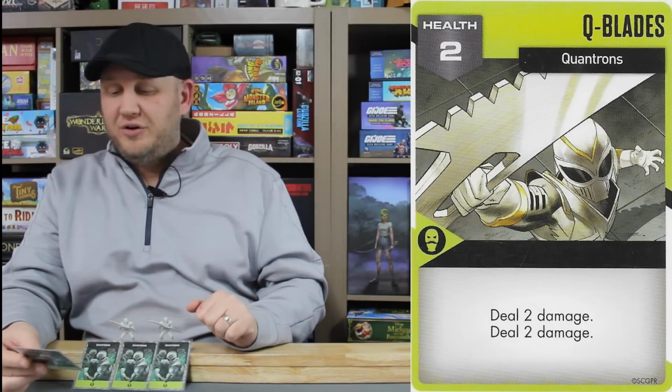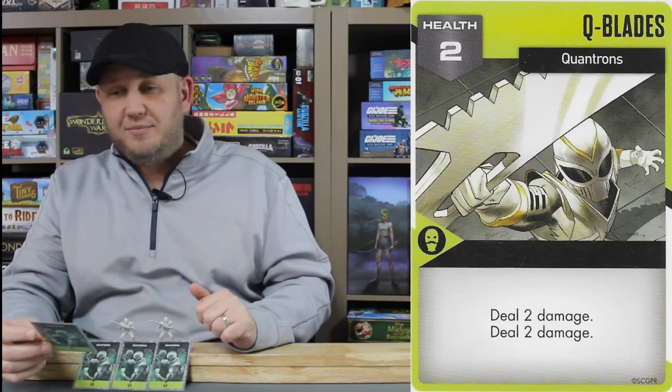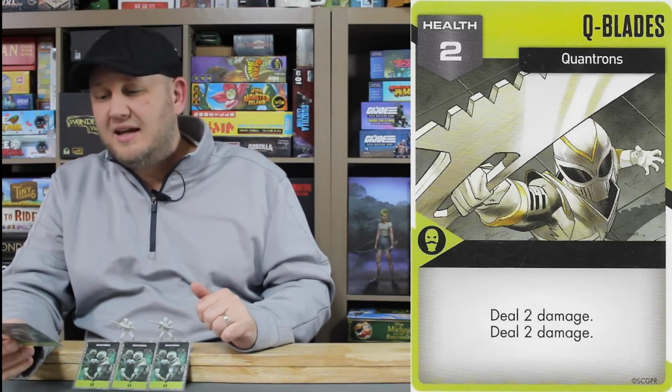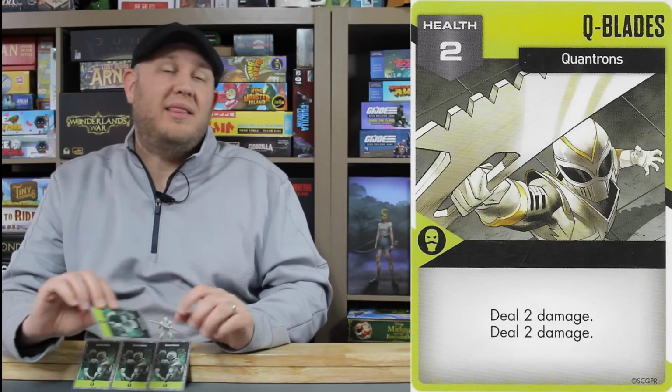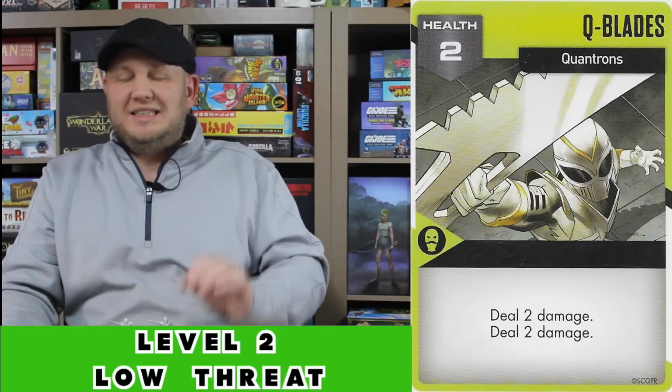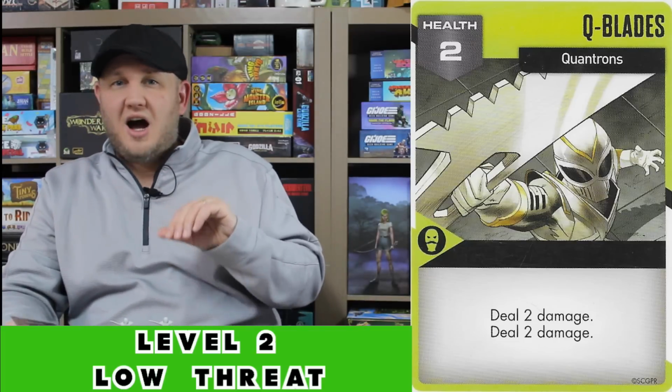They, of course, have their own card in here. 2 health, no keywords on this at all. It is blank. There are 3 of these within the deck. Deal 2 damage, deal 2 damage. We're just going to run 2, 2, 2, 2, 2 here. Threat level of 2, only because it's 2 instances of 2 damage, and with no keywords on it, it's a